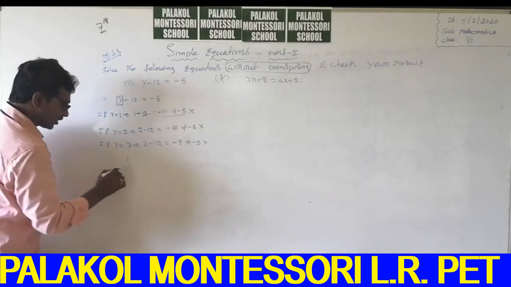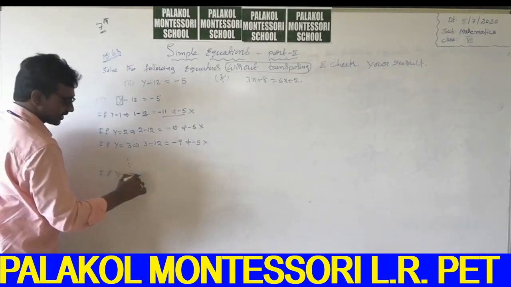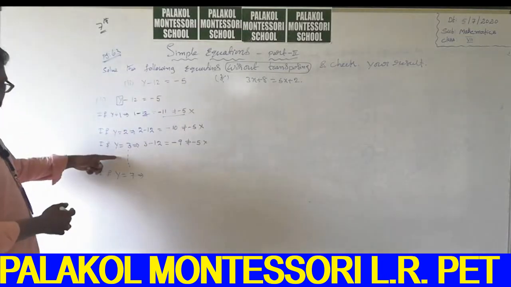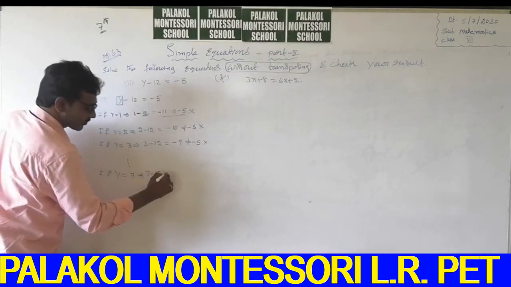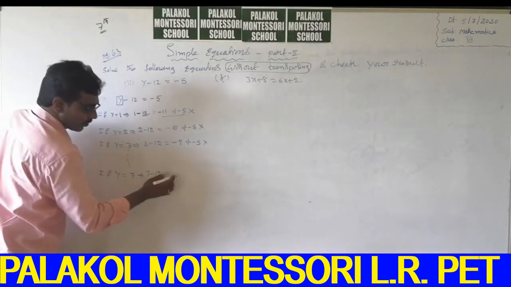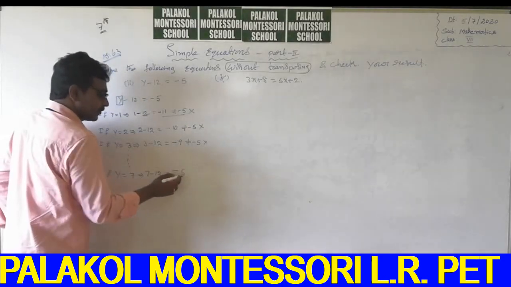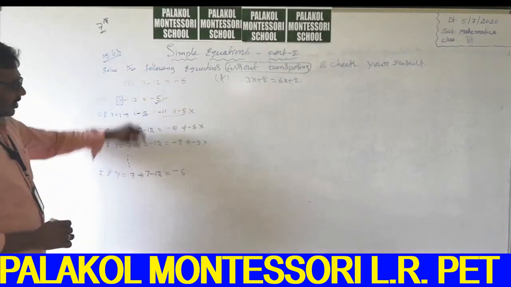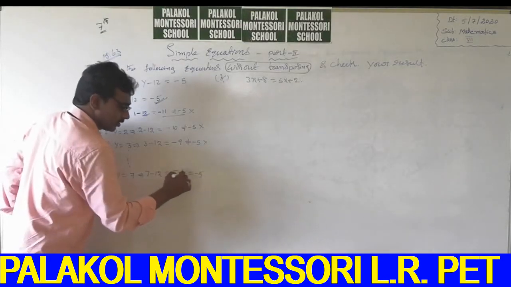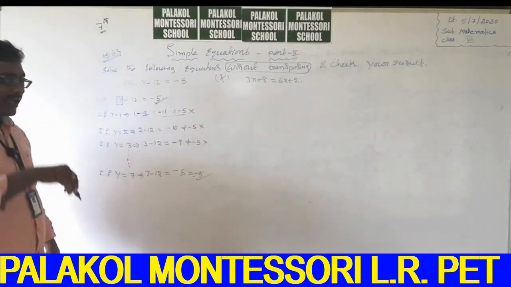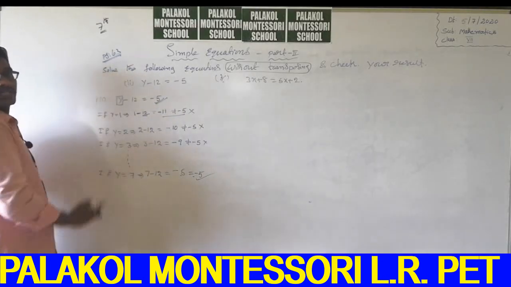You do this one. Suppose y is equal to 7. Just guess the next number, guys. So 7, check it. 7 minus 12, guys. Wait. Here the greatest number is 12. What is the sign? Minus. 12 minus 7 is 5. Yes, it becomes the RHS. What is the RHS here? Minus 5. Minus 5 becomes here, so both are equal. So which value is the satisfaction? This one. 7 is the value that satisfies this equation.